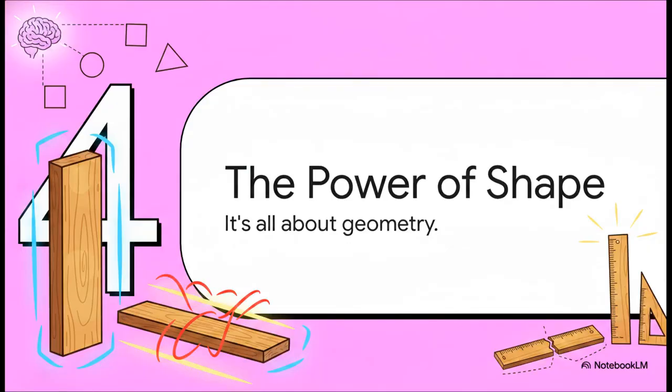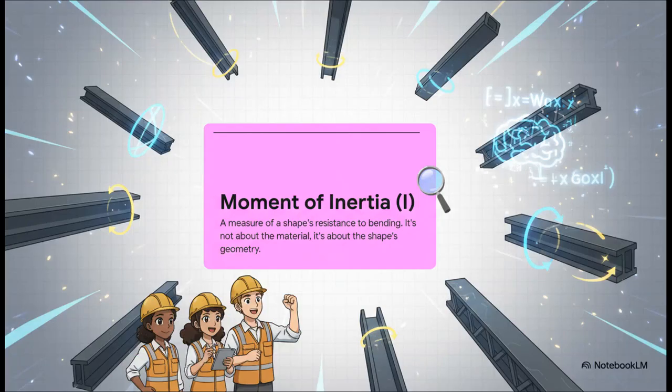Okay, this brings us to what is, for me, the absolute coolest part of all of this. We all know this intuitively, right? A ruler is super easy to bend when it's flat, but try bending it on its thin edge, it's way harder. But why? It's the same material. The secret isn't in what it's made of, it's in the shape. And the concept that explains this magic is called the moment of inertia. Now, I know, that sounds super complicated and intimidating. Don't worry about the name. All it means is that some shapes are just naturally better at fighting off bending than others. It's a shape's geometric superpower.